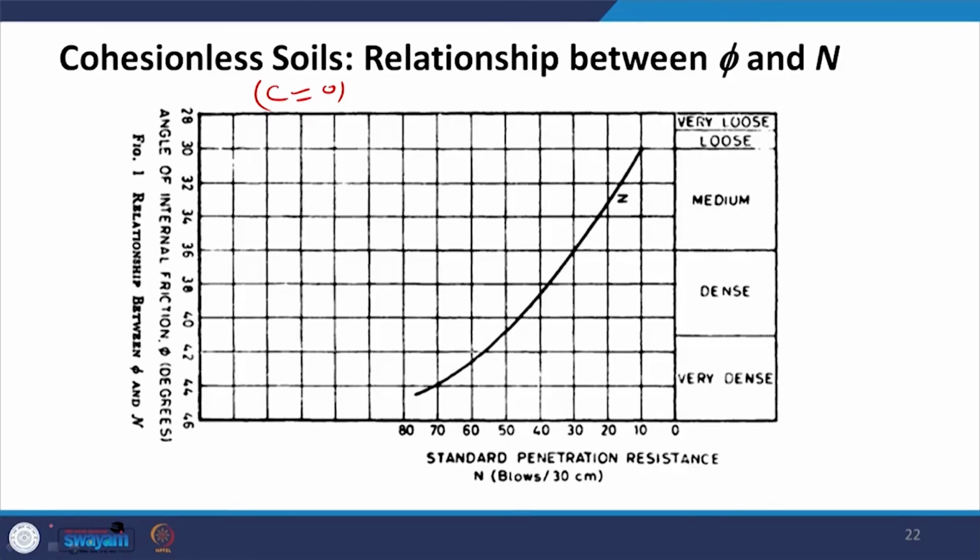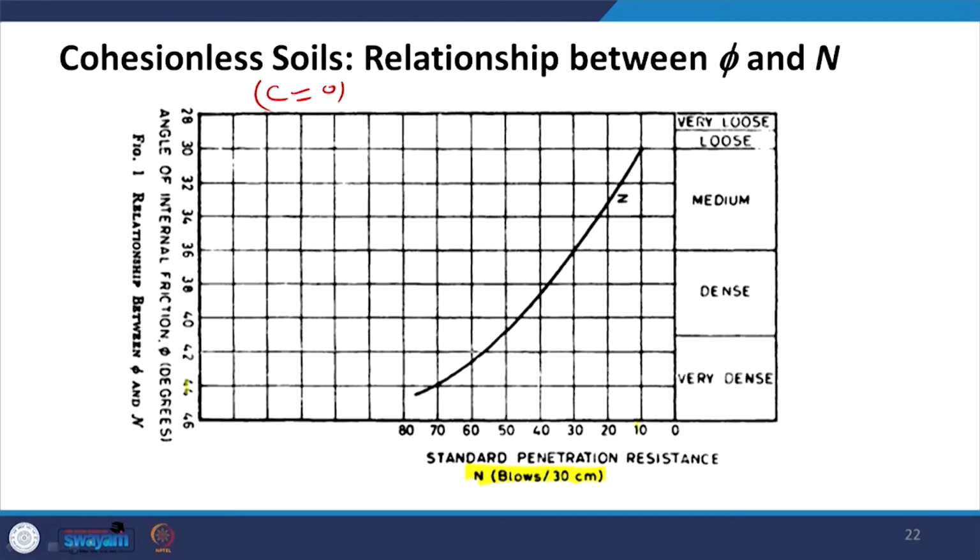You see on this chart the value of SPT n is given here, and for a given SPT n value, using this chart you can determine the value of phi, and naturally as the value of n increases from 0 to 80, the phi also increases. Of course, for 0 n value no value of phi is given. So, this chart is starting from 10. When you have 10, the corresponding phi is 30 degree, but when SPT n goes up to 70, the corresponding phi is 44 degree. So, simply this chart is a correlation